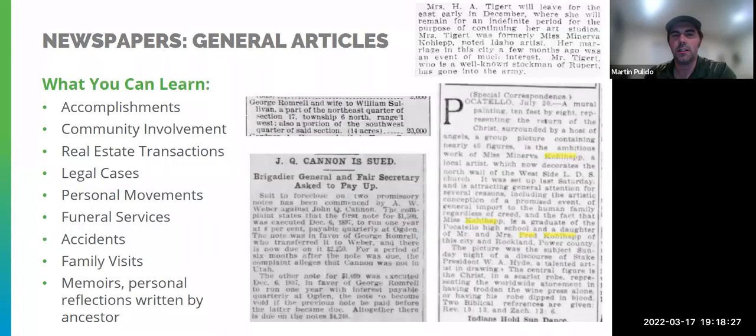Then there's other articles that you can find. I told my wife, hey, I want to help you do some of your family history, and we're going to do some newspaper searching. And I just want you to know that sometimes when you do newspaper research, you're going to find some stuff that you may not have expected. And the first thing we did when we searched up her ancestors is Q.J. Cannon.